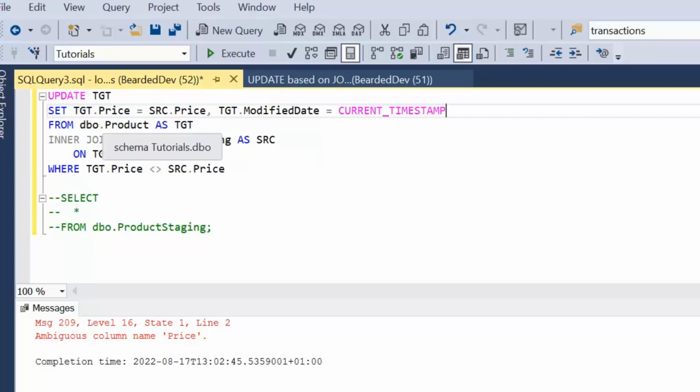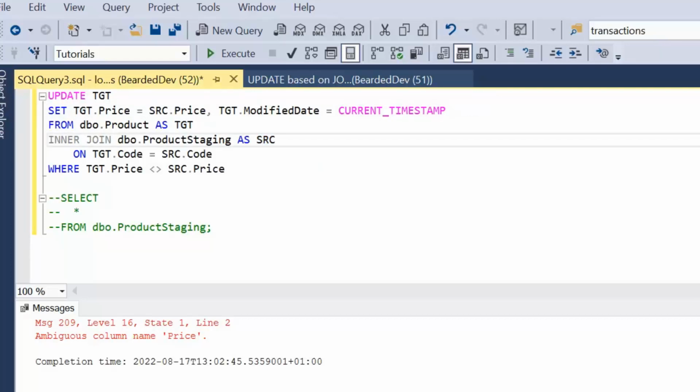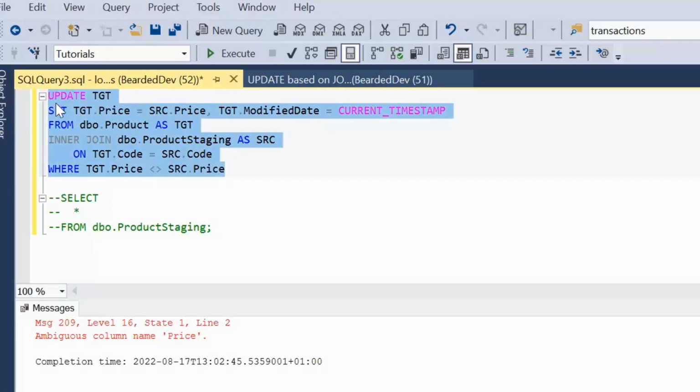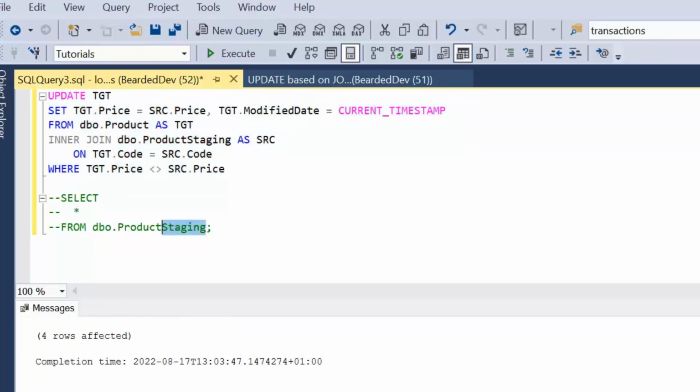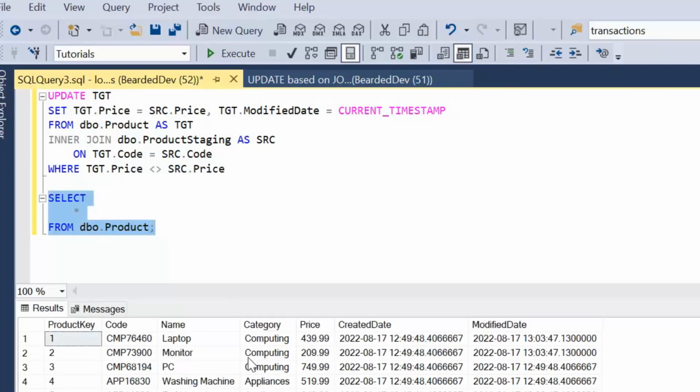The key thing is we could write out our join as normal, but aliases do play a major part within an update. So we could go ahead and run that. We know we've got 4 rows where we've got a different price, so we can see 4 rows have been affected. And if we now change this and have a look at that product table, we know our laptop price was expected to increase to